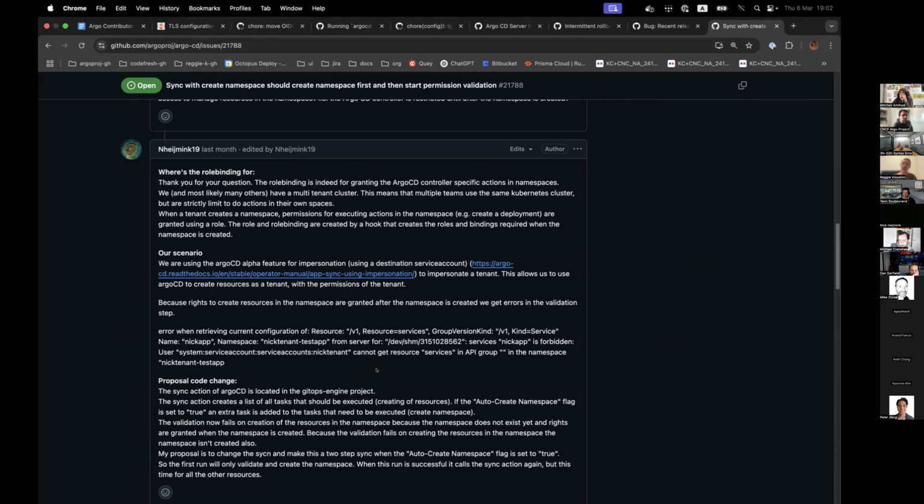The initial validation is done on all resources independent of waves because you don't want to start the sync and then get to, let's say, wave 3, and wave 3 failed the validation and now you failed in the middle of the sync. I think the validation was intended to validate the whole sync before starting it and syncing resources. And oddly enough, I think that's precisely the behavior that we need now, that undesired behavior. So that's a flag I think I could get behind.